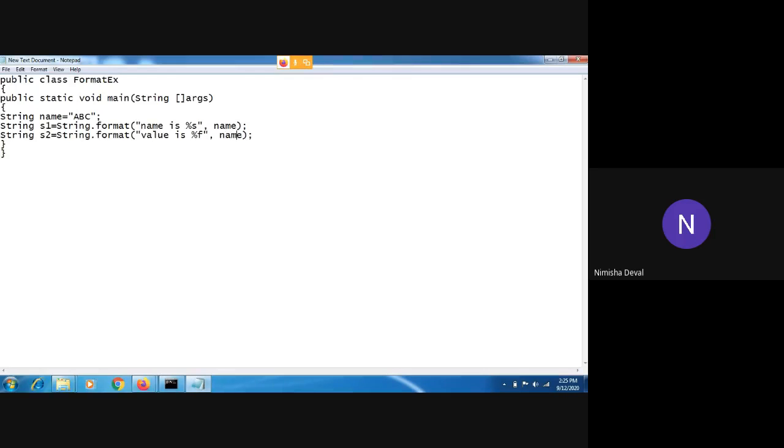Now I will write here some values, like 32, then 2, 3, 4, 3, 4, likewise. Then another one, suppose the format is 32. I will explain it one by one. First, I will write this.